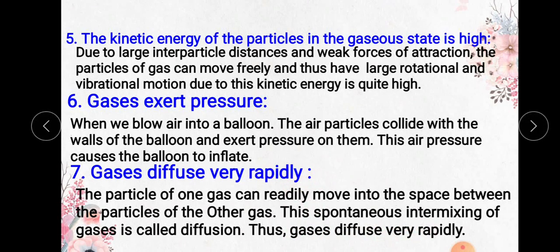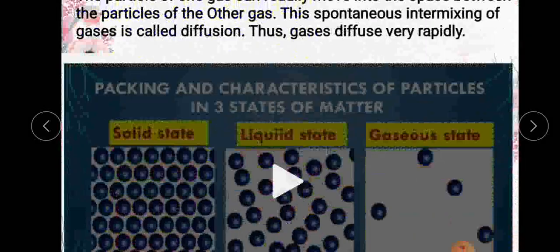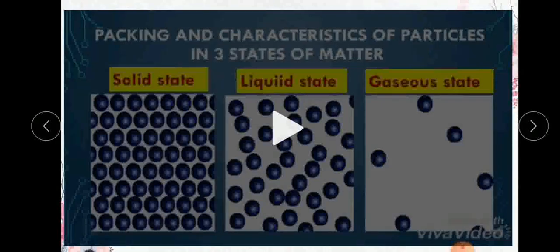I told you about diffusion in the previous class, in the previous concept. One particle can easily diffuse into another. So this spontaneous movement or intermixing is called diffusion. So gases will show diffusion very rapidly. And here the characteristics of